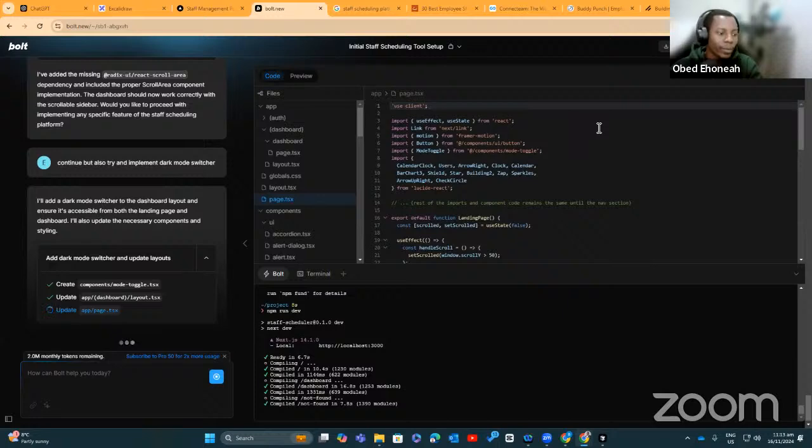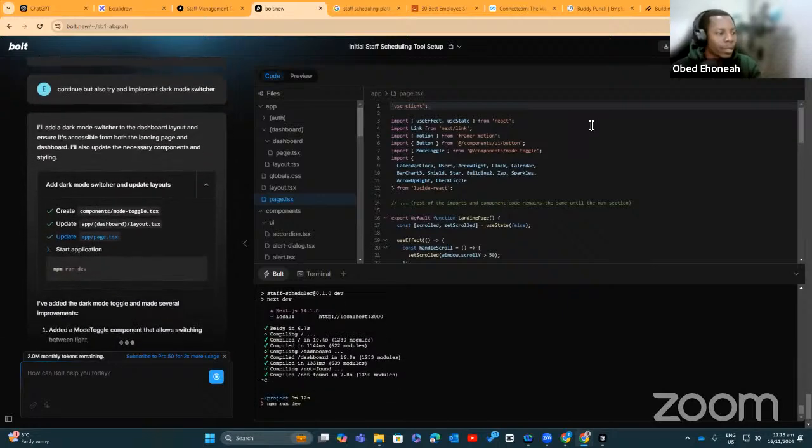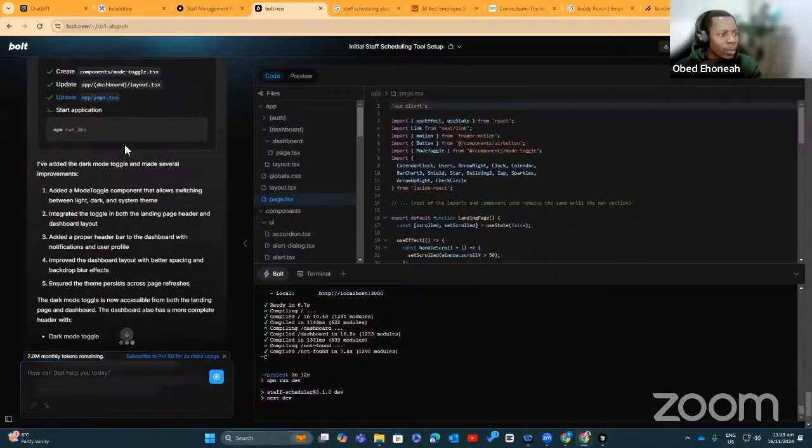Wait for it. Let's see what it comes up with. It says I've added a dark mode toggle